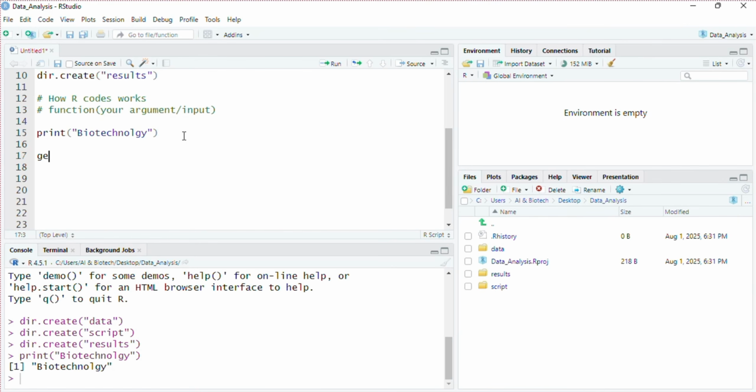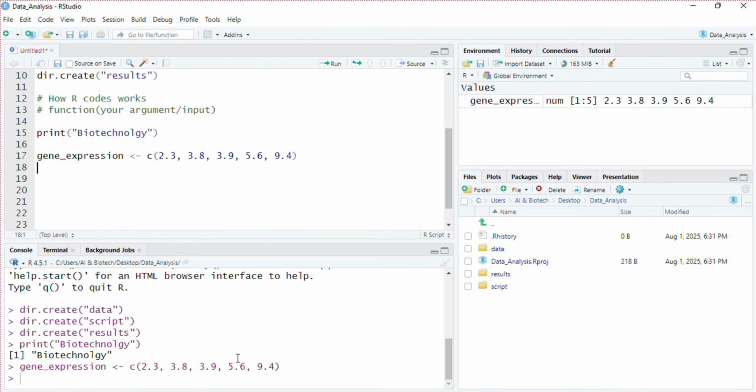Now let's create another variable and take a look at how it actually works. Create a simple variable with the name gene expression and insert some random numbers: 2.3, 3.8, 3.9, 5.6 and 9.4.